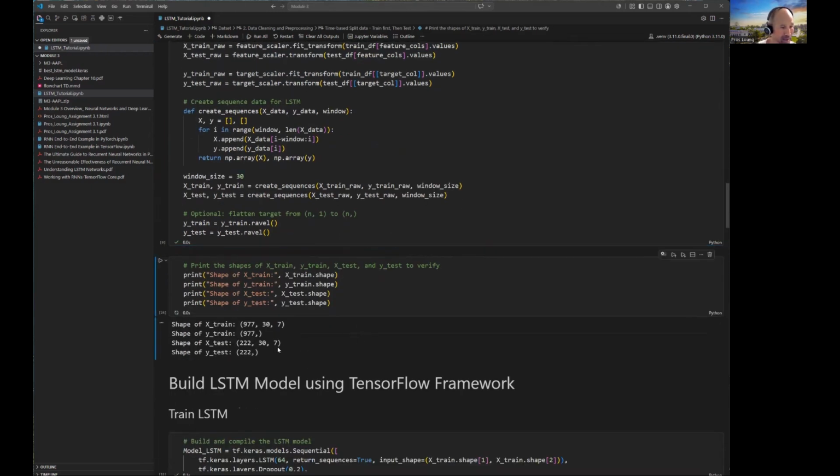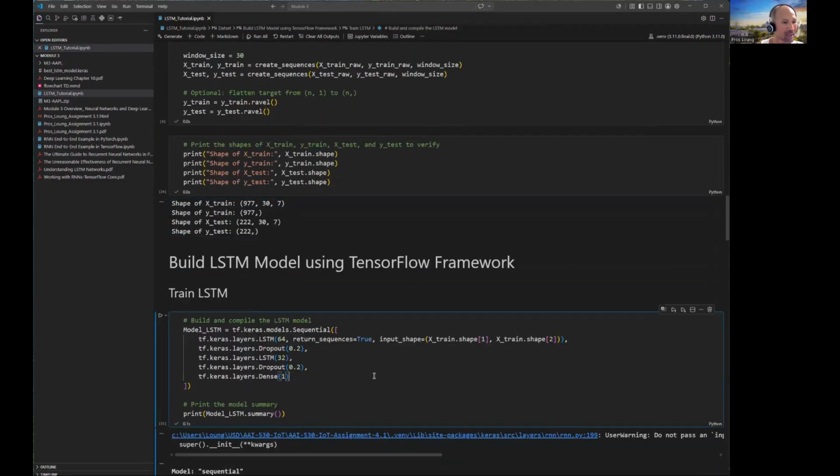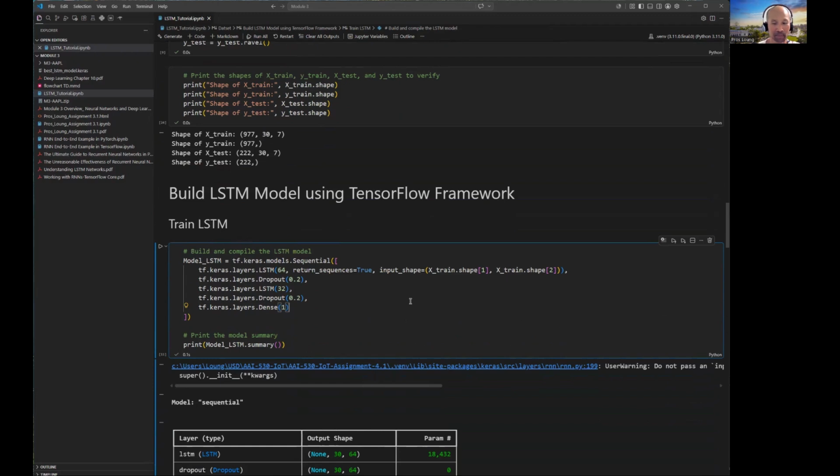And then here, it's good after you split your data to do a basic check on the shape to make sure that the data is split correctly. And then this section is building the model using TensorFlow. The network uses a stacked LSTM layer with dropout in between. The LSTM layer helps capture long-term time dependency, while dropout helps reduce overfitting and randomly turns off some neurons during